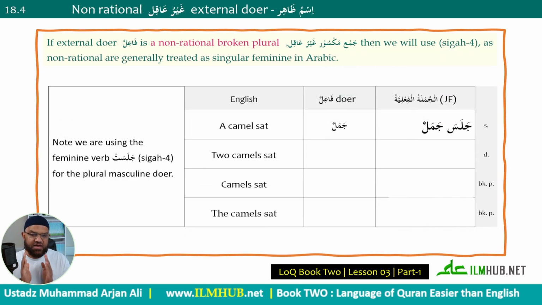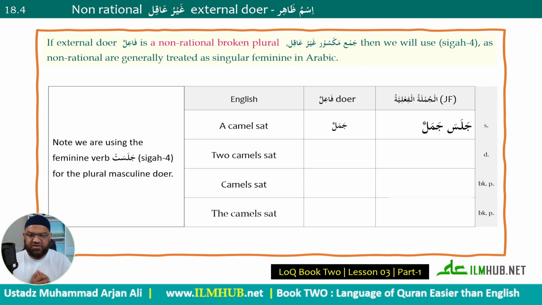Gone. But there are some exceptions you should be aware of. They're not really exceptions. There is a very important rule in Arabic which causes a lot of confusion to English-speaking students. I'm sure it does to others, but it's basically the principle that non-rational plurals in Arabic are treated as feminine. And that has been covered in book 1 with the jumla ismiya and the descriptive phrase, etc., where we looked at it in some detail. It applies throughout the language, including with verbs.